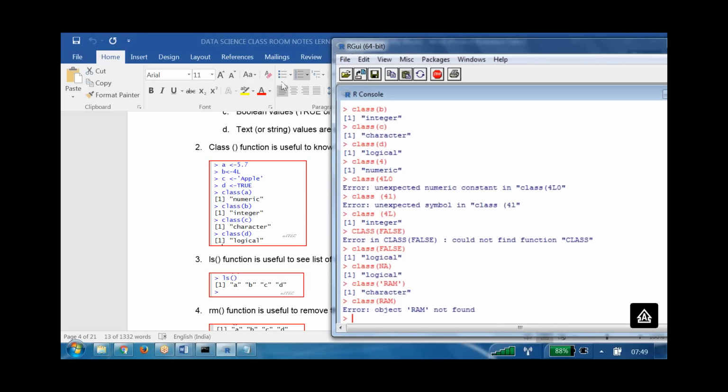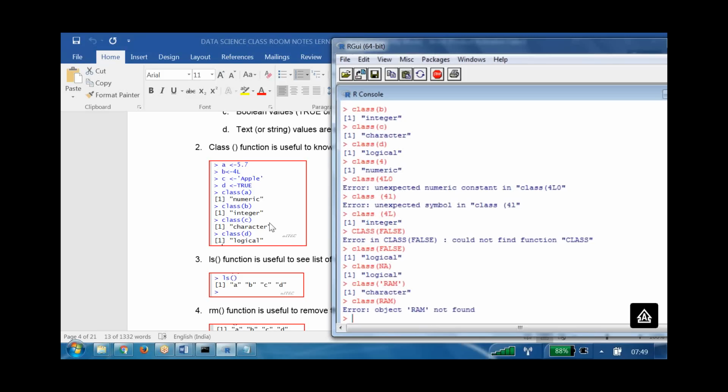Like here, what is the D here? One object, one variable, right? The system is thinking like that. ROM is also thought to be a variable, but ROM is defined nowhere. That's why it is not able to do it.